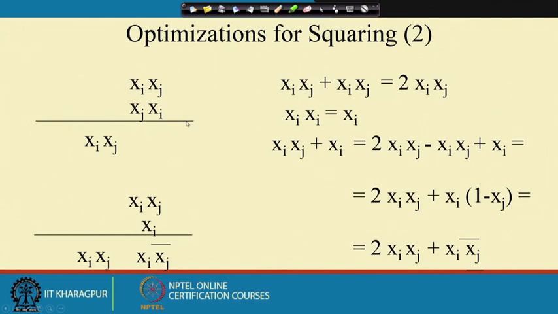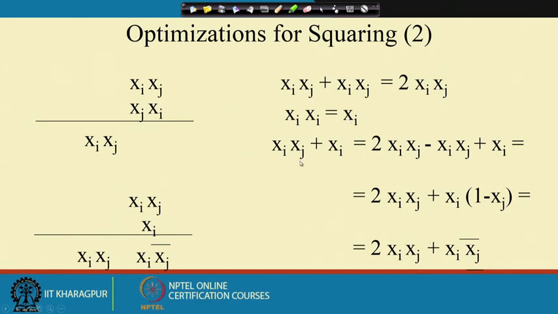What are those? If I have to add xij with xji, as this becomes xij plus xij, since xij or xji are both the same, that will be mentioned as 2 xi xj. That can be written as xi xj shifted to the next MSB position. Just like what I said just now, if I want to multiply xi with xi, that will be nothing but xi.